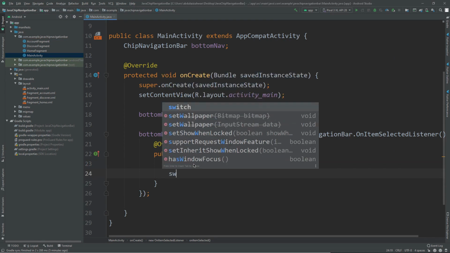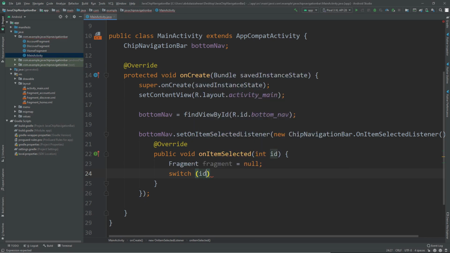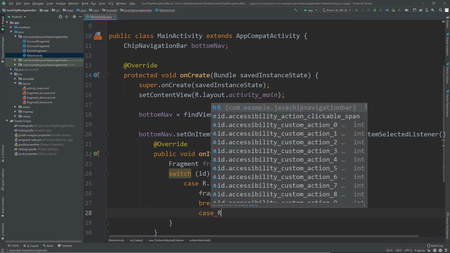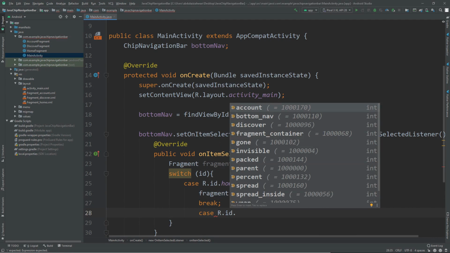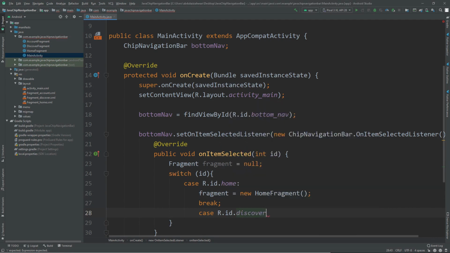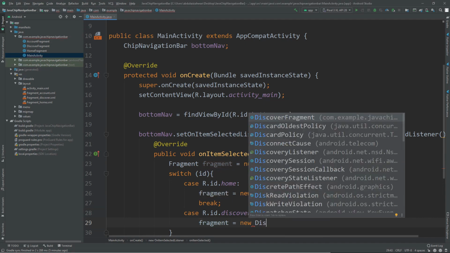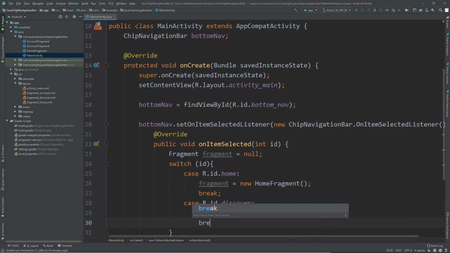And I want to use a switch case, and we say for the case is home, we set our fragment to be HomeFragment, and we break. And then for the case is let's say discover, we set our fragment to be DiscoverFragment, and we break.